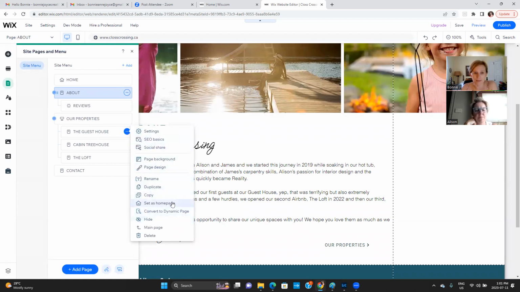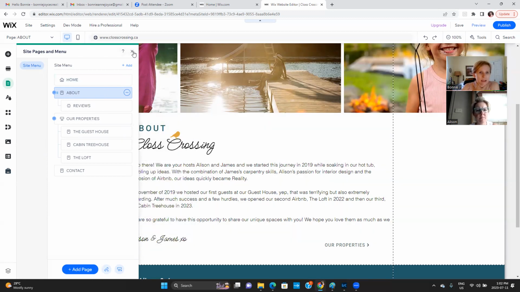If you had a new location with a similar page design and you wanted to create a new page, you could duplicate an existing page, just change the title of it and then change all the content. That way it's already set up exactly the same. It's really doable. And then obviously you can delete a page, and there are all kinds of things in here, but you probably don't need too much of that.